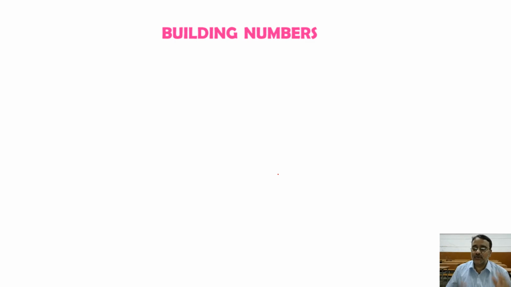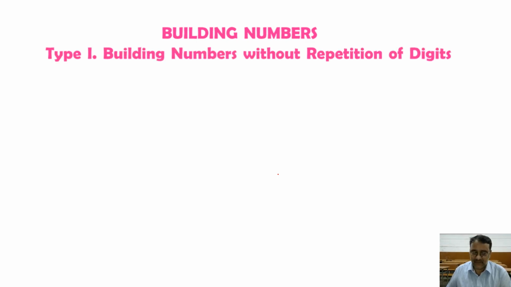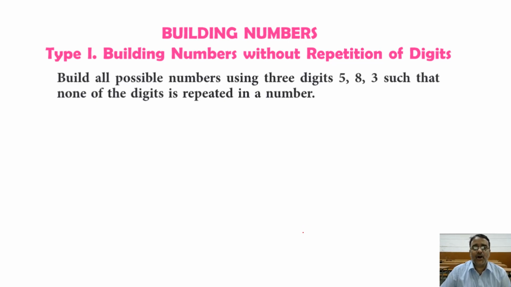Building numbers, I told you we have three types of questions: with repetition, without repetition, and with some conditions. So first we will do without repetition. One example I'm going to take: build all possible numbers using these 3 digits. You should not repeat any number. So see,